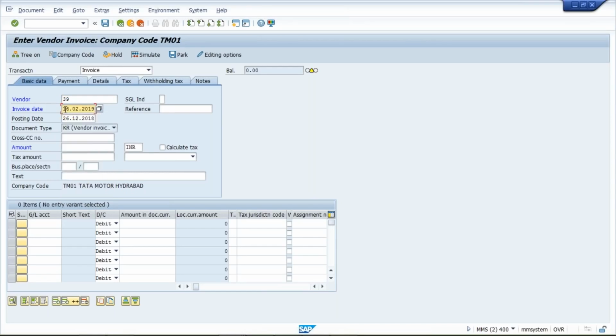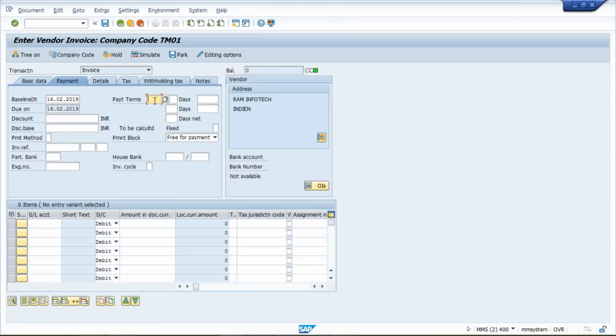Give this one and give the same date, because this baseline date I have already shown you guys in testing and it's working fine. So give the same date in the posting date also, and just click here on the payment tab, press enter and give the terms of payment TST1 and press enter, and look here, what is the end date of this February month? 28th. So 28 has been considered by the system. It means it is working perfectly, and this is how it is going to work in real time also. Now